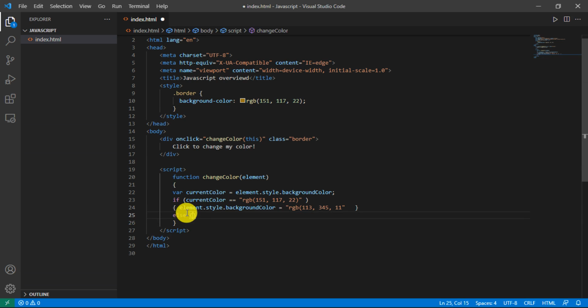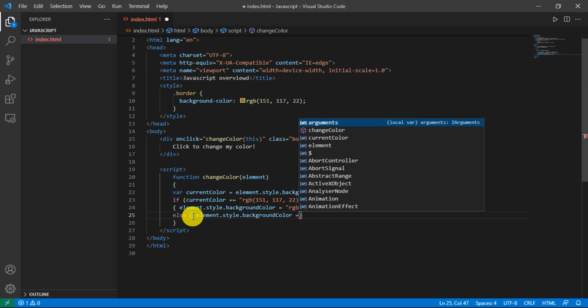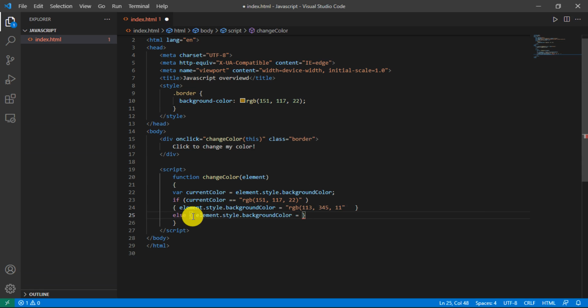Okay, which means this and this is corresponding. So the else now will be the same thing. The element dot style dot background color will be equal to a normal color. Will be equal to